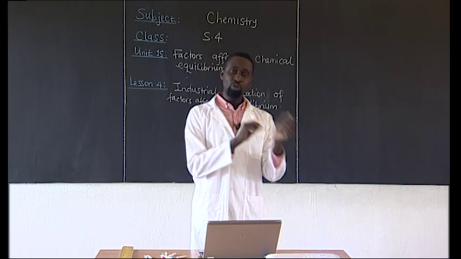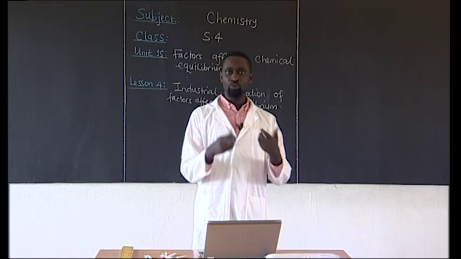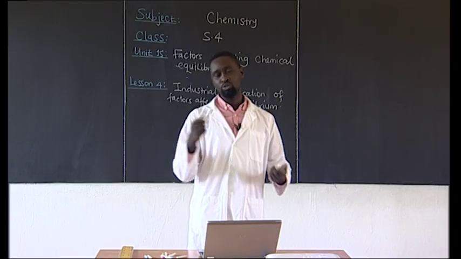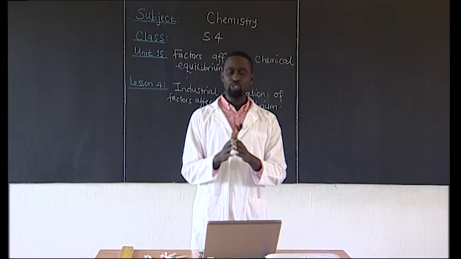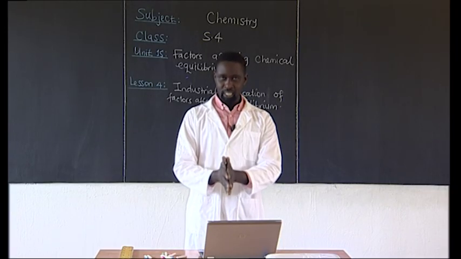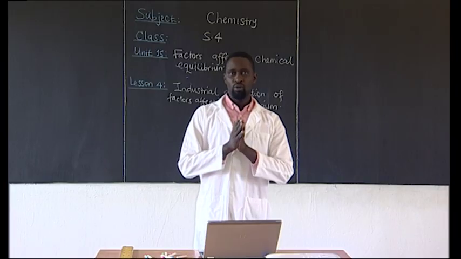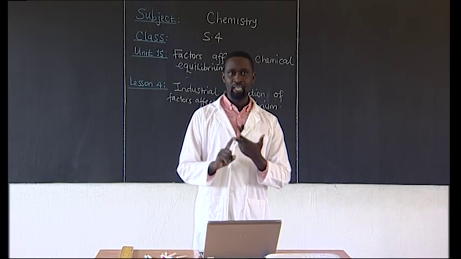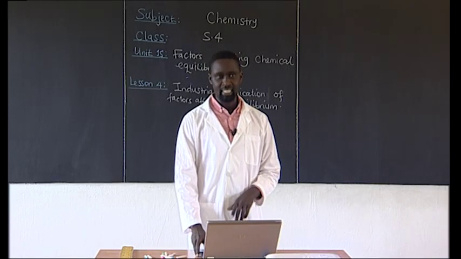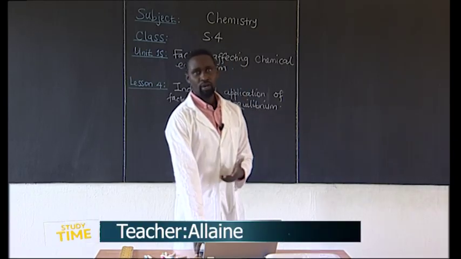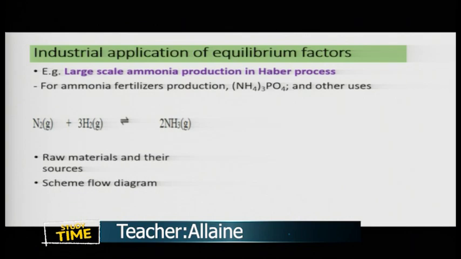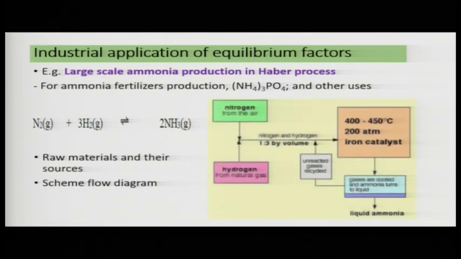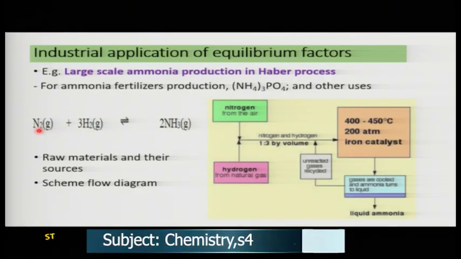And as we've been looking at, we notice that we are using a lot of nitrogen plus hydrogen giving ammonia. We've been using that equation. So now we are going to see what happens when it comes to industrial application of those factors of temperature and pressure. Let's get started. This is our ammonia equation, and the raw materials are basically nitrogen, as you see, and